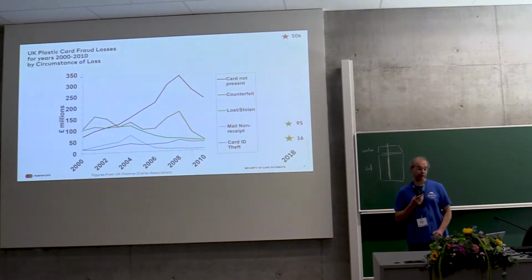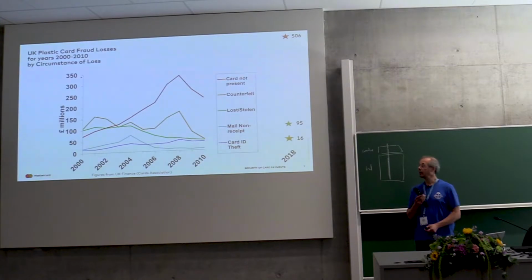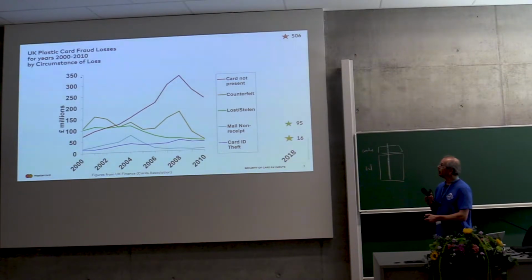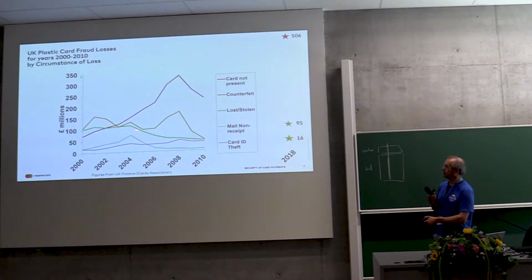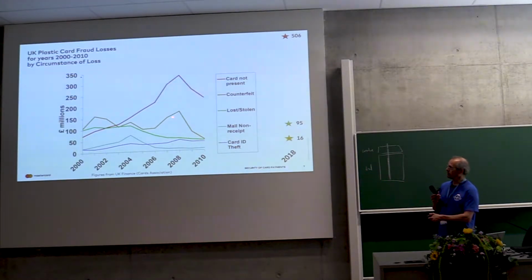So looking at the fraud statistics in the period between 2000 and 2010, you can see that there's a dramatic decrease in, well, there's certainly a decrease in the lost and stolen. It's the green line. The picture for counterfeit was slightly more haphazard, although it did finally drop right down in 2010. One of the reasons why it spiked here in 2008, again, this is UK fraud,